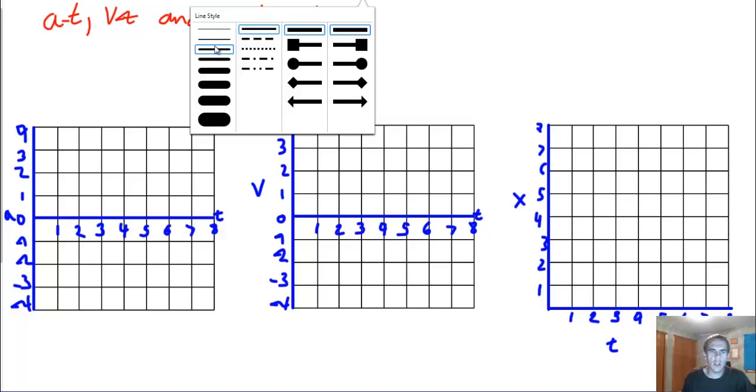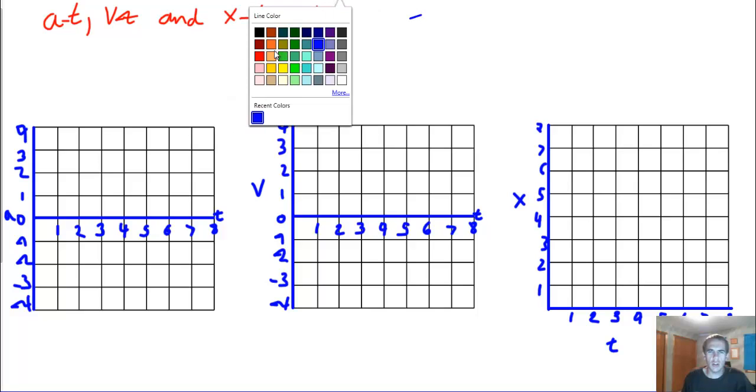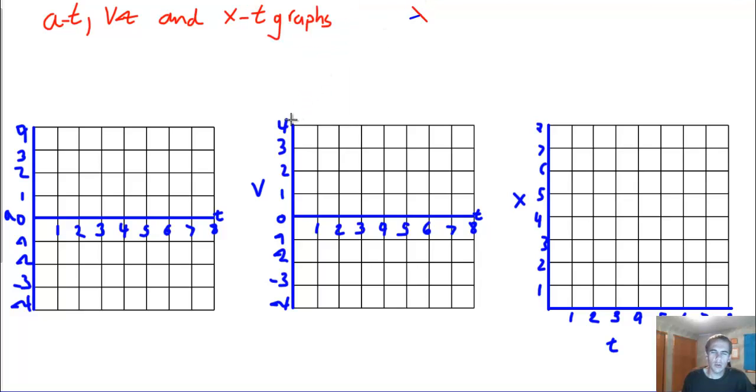So you guys have been working on velocity time graphs, position time graphs, and acceleration time graphs, and I just want to go through and make sure that you guys are on the right track and doing things all right. So we're going to go through and look at a couple of graphs, and I'm going to explain a few things. Okay? And you guys know from before that if I have a velocity time graph that slopes up,